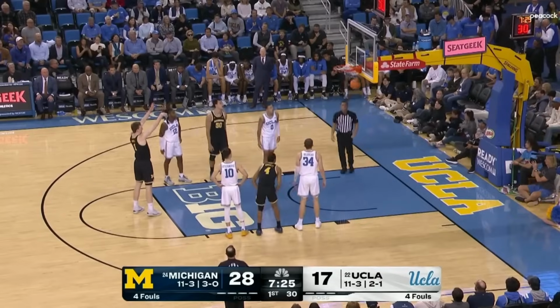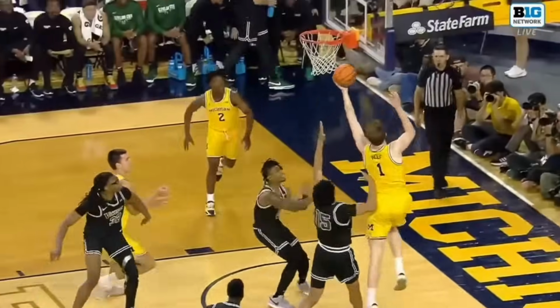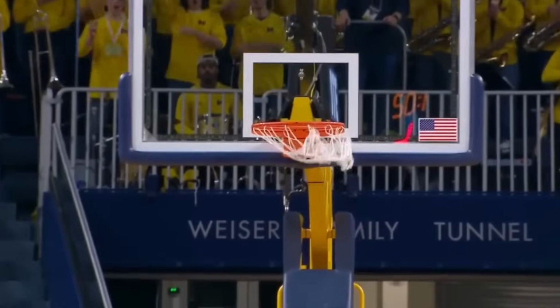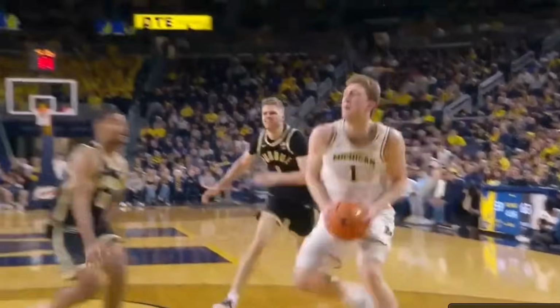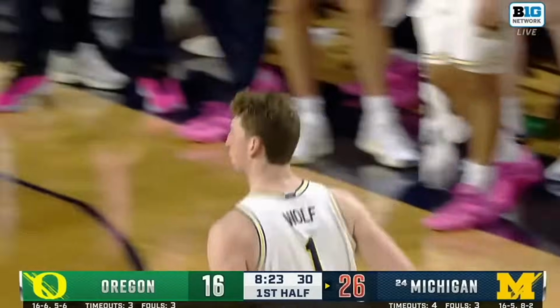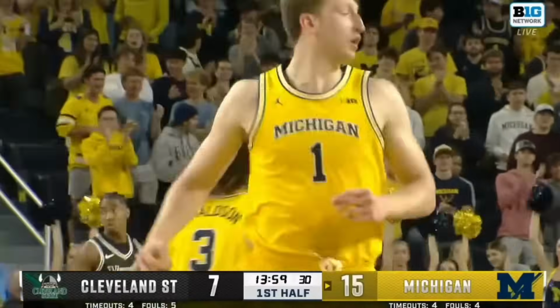Next up in the Heat Check series is Unicorn Danny Wolf, who's seen a pretty stellar season with Michigan after spending his first few years at Yale. The junior is a fluid 7-foot forward-center hybrid who put himself on the map as a potential NBA guy at the 2023 FIBA U20 European Championship, where he won the silver medal with Israel, earning an all-tournament bid in the process. He saw a massive production spike in his second season with Yale, and he's now improved even more